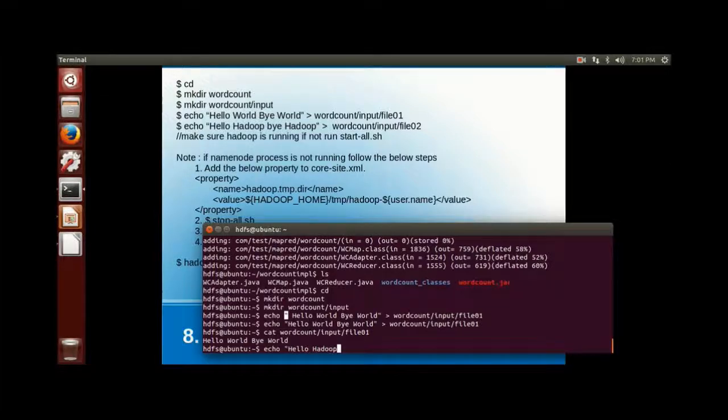Now I'm creating file 02 with hello Hadoop bye Hadoop, just giving some words in the file. So in the input directory, the file is called file02.